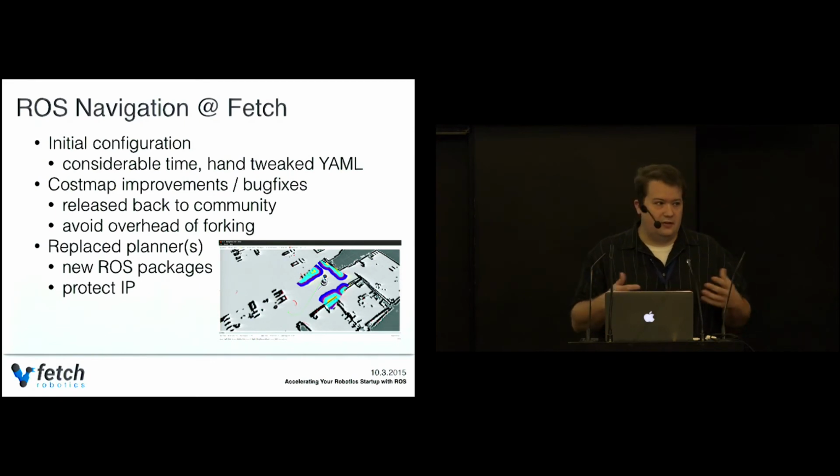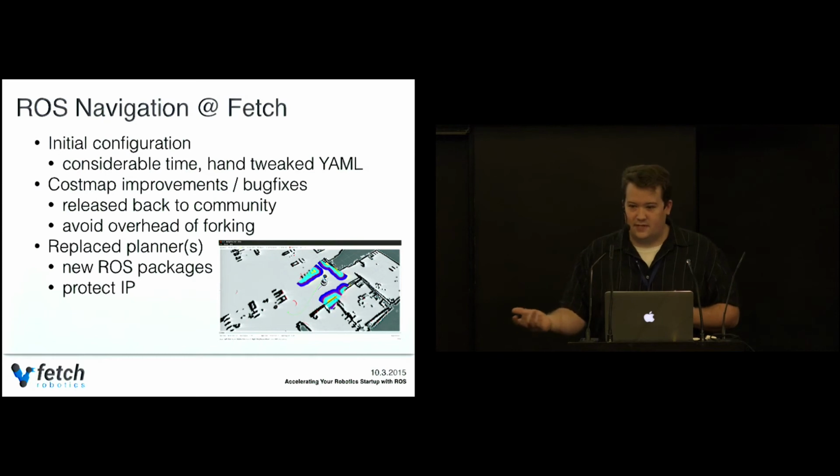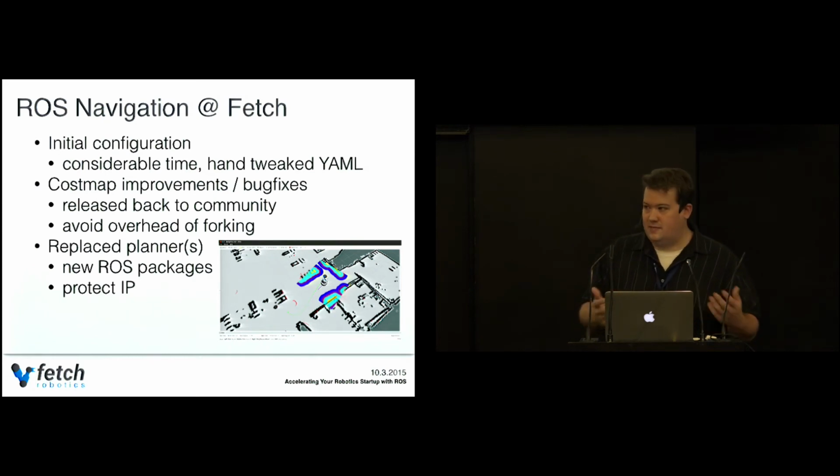You can get an initial pass where it navigates some of the time, and maybe the robot gets lost every so often, but you can get a good first pass out of the box. It's good enough to make some demos and get a company moving forward. We've done a lot of work improving the cost maps. I did a big overhaul on all of the mutexes to try and fix race conditions and times where it would hang. And we actually chose with that to release it back to the community.